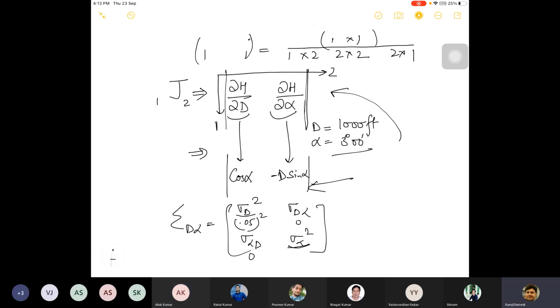You simply write pi by 180. You know what is pi? 3.14. सर उसके बाद डिग्री में भी तो कन्वर्ट करना पड़ेगा, तो 60 से मल्टीप्लाई करेंगे तो π/3 हो जाएगा। तो पूरा कंप्लीट करो ना उसे। ओके।